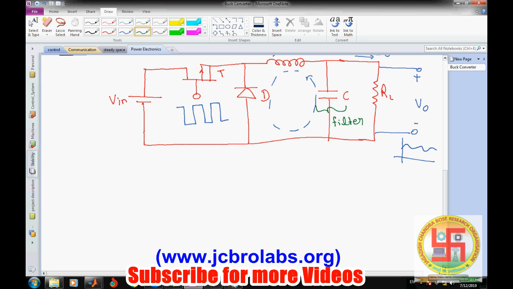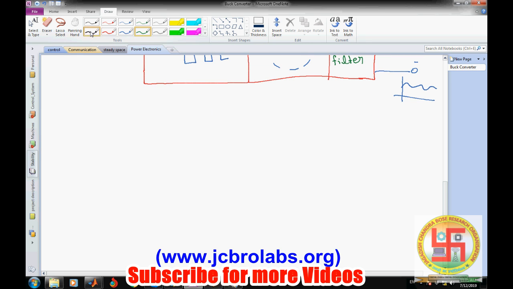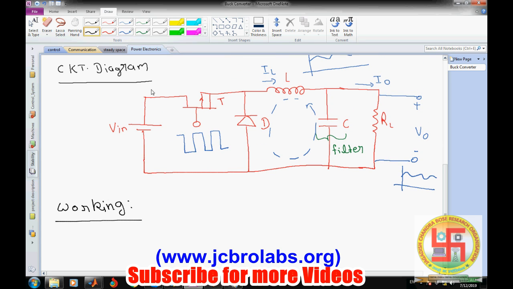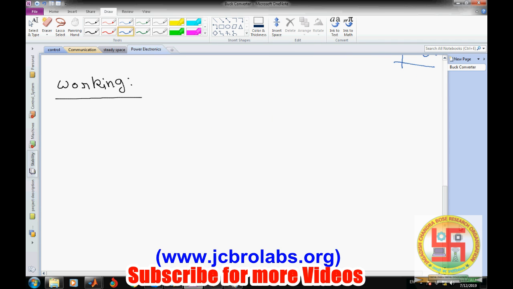Now we will talk about the working of this one, and some governing equations for finding the different values of this L and C. We can assume that whatever clock signal we are applying has a frequency of f. So this f will decide the value of L and C. Okay, so when we talk about working,